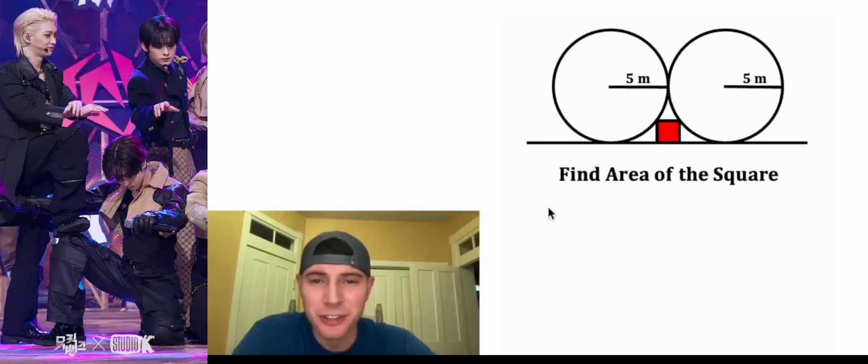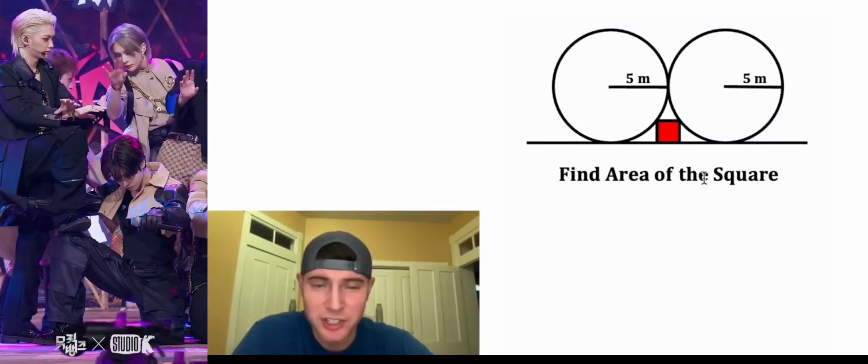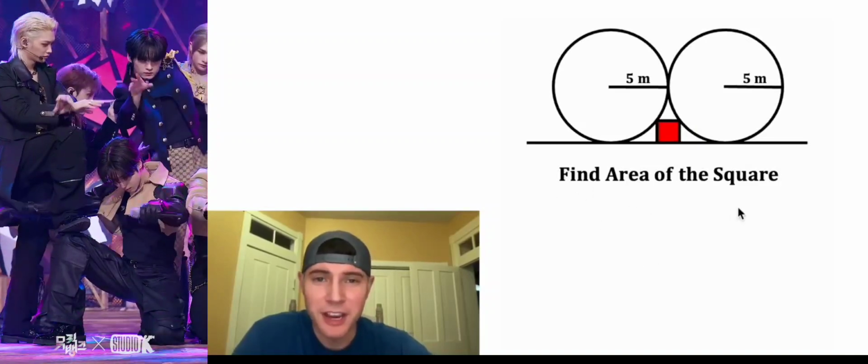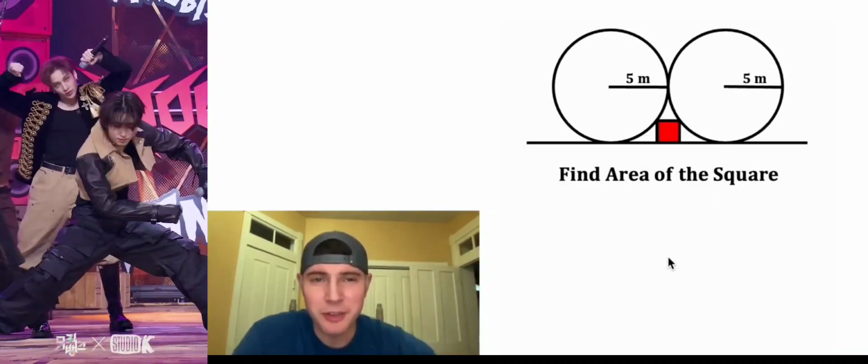Hey guys, this is such a fun looking problem. We have two circles with a radius of 5 meters, and then we have a square stuck inside here. And it wants us to find the area of this square. If you want to try this on your own, pause it right now, because I'm going to solve it in